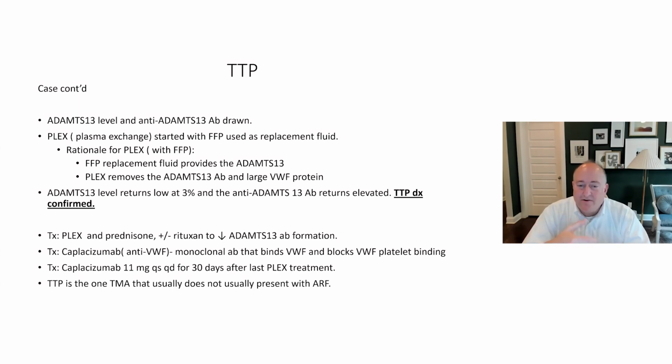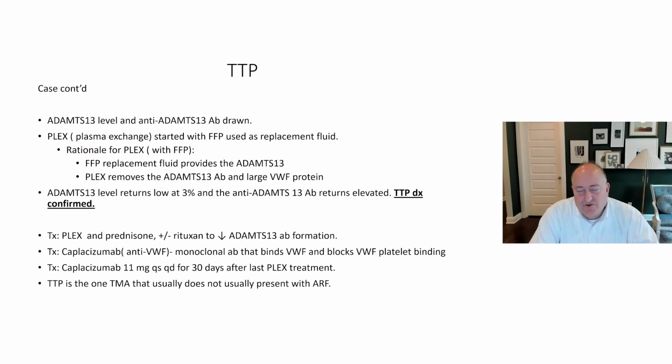So you give prednisone. If it's a mild case, you might do 60 of prednisone, or 1 mg per kg, but any neurological symptoms, cardiac, or if they're sick, you're going to pulse. You're going to give 1,000 milligrams of methylprednisolone for at least 3 days. That's going to decrease antibody formation, the ADAMTS13 antibody formation. You're also going to give Rituxan, typically once a week for 4 weeks. That's also going to